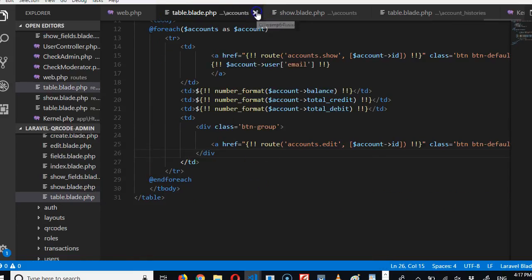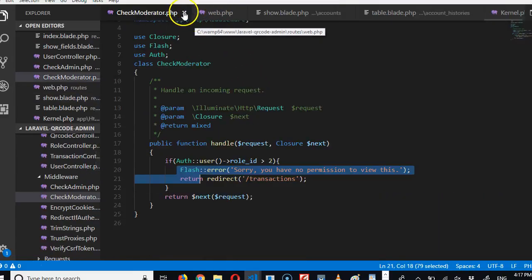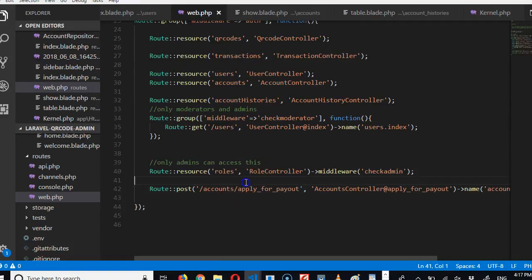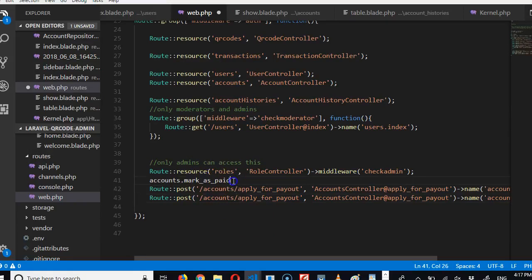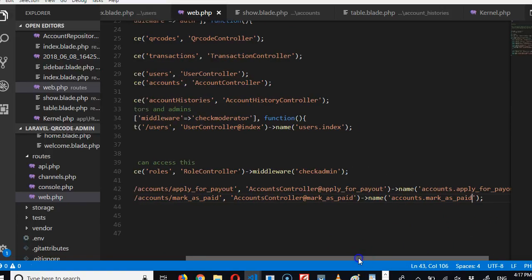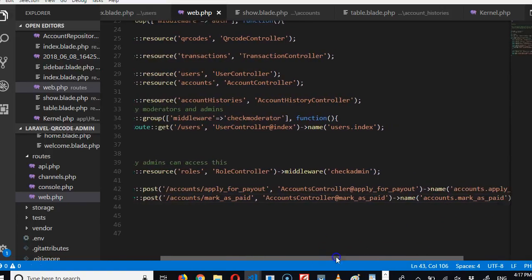So I'll come to web. I'm closing this. Come to web. Close this too. Close this. I have too many files open. Alright, so we get to web.php. I'll paste this on top, then duplicate this line by Ctrl+C, Ctrl+V, duplicated, then copy this line, and I think I just need to copy mark as paid, delete this, and replace it with mark as paid. Beautiful, beautiful. All right, so mark